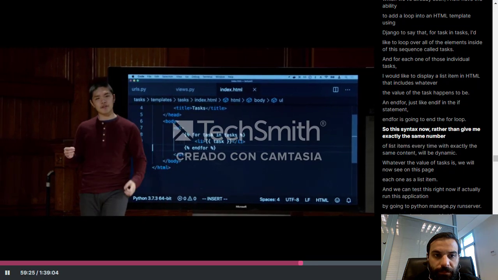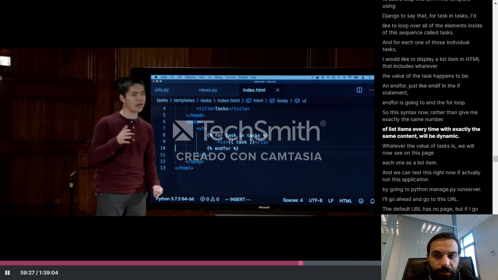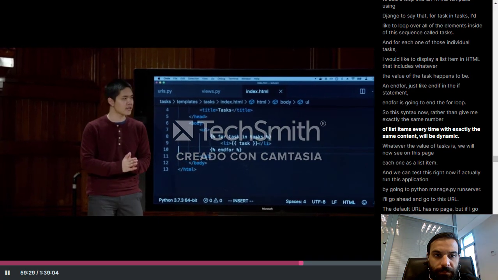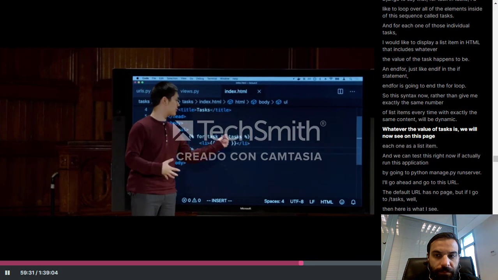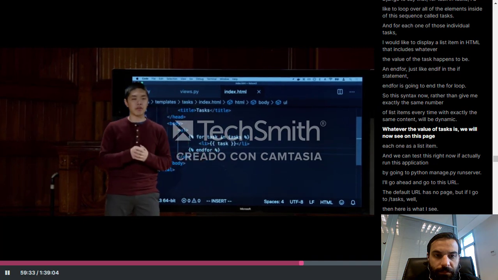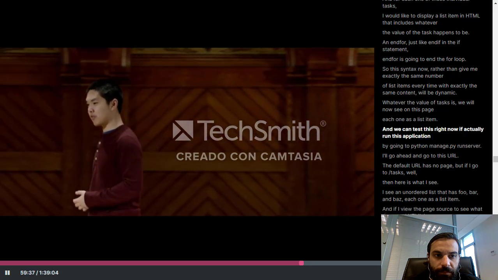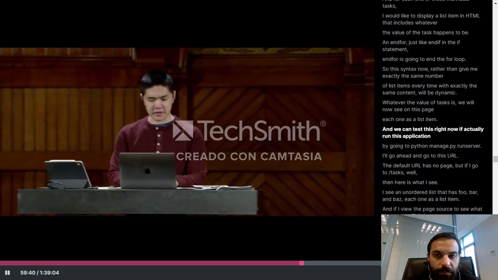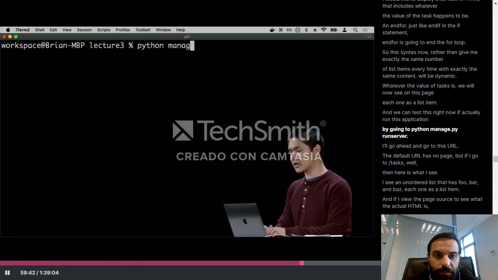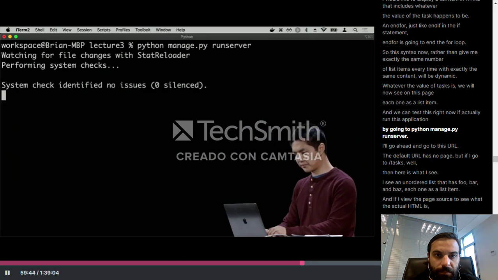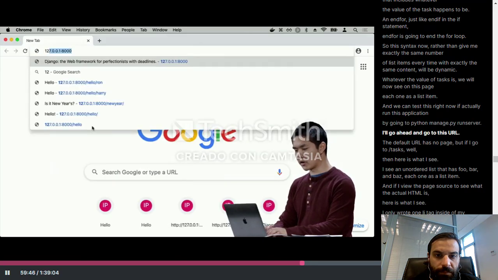So this syntax now, rather than give me exactly the same number of list items every time with exactly the same content, will be dynamic. Whatever the value of tasks is, we will now see on this page each one as a list item. And we can test this right now if I actually run this application by going to python manage.py runserver. I'll go ahead and go